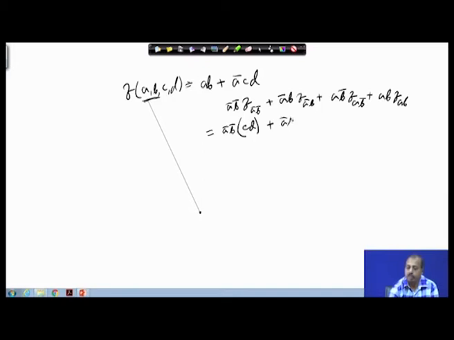Then a bar b into f(a bar b), if I put a equal to 0 and b equal to 1, the first term vanishes, and the second term becomes cd again, because if I put a equal to 0, then this term vanishes and this becomes 1 and cd is there. So, this will also become cd plus a b bar